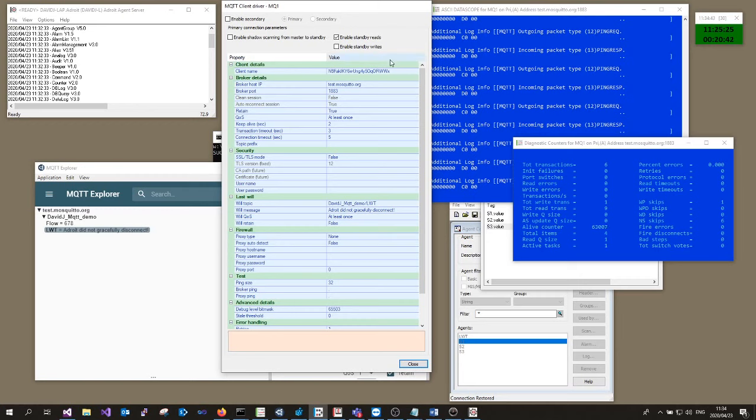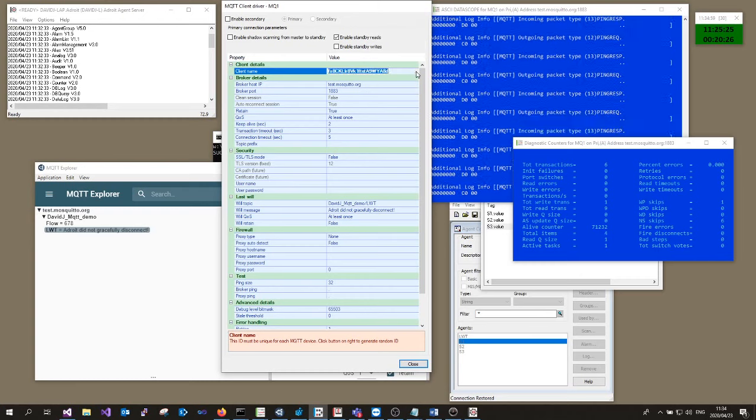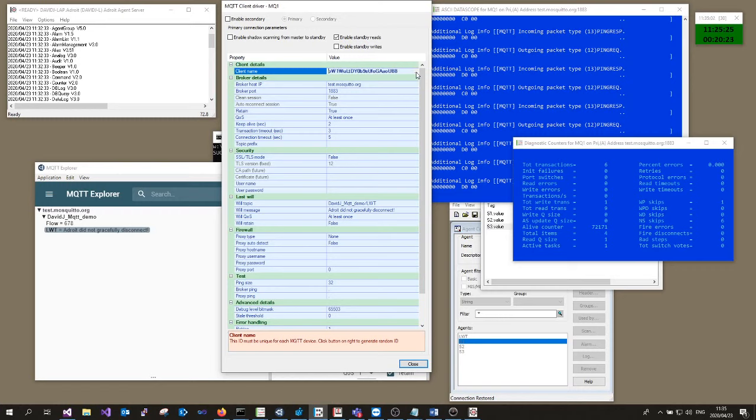And okay, MQTT domain. Your client name has to be unique. That's part of the session variable that lives on the broker. The broker needs to know. So that's part of the protection, and we've got a little unique generator there. I wouldn't base your life on the security of this, but that just generates something that chances are nobody else has got. Then you also have your tag naming conventions and that. So yeah, we're good to go there.